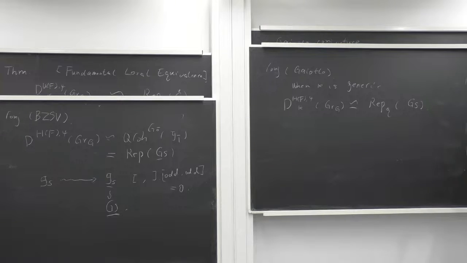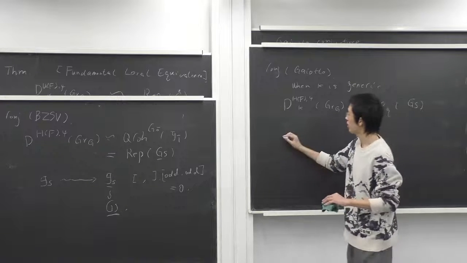Later, let us be more precise about what this BZSV conjecture and Gaiotto conjecture mean in the case of GL(M|N), F4, and OSp(2k|2l). And to make it more precise,